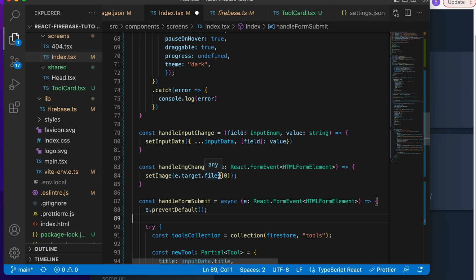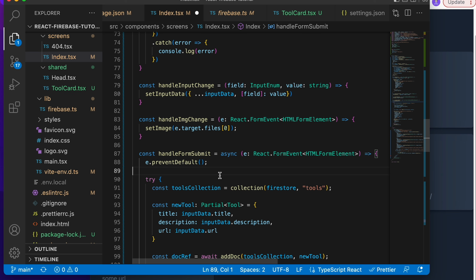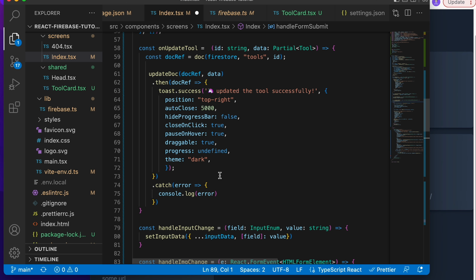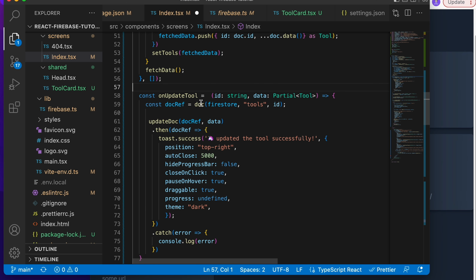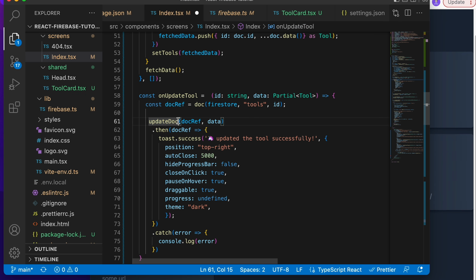I'm not going to actually implement it, but it would be just a simple change in the handler that is onUpdateTool. So here we take the doc reference, and instead of updateDoc, we're going to do deleteDoc, and then you can update the logic afterwards accordingly. One thing, it's not